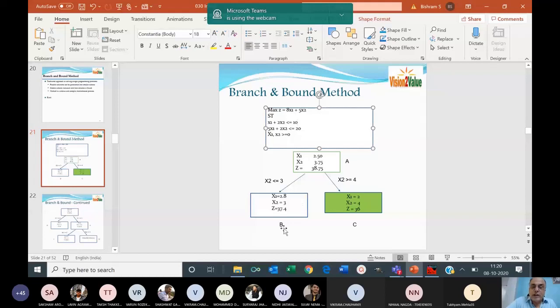Branches means we have two LP problems where the original problem is the same, plus another constraint, one here and one here. Both of them will be solved separately. So one problem we have, and we will write two constraints because 3.75 is there: x2 greater than or equal to 4 and x2 less than or equal to 3. Lower side less than or equal to, upper side greater than or equal to, because we are expanding out. Therefore, it is written that way. So you have a new LP problem where we add one more constraint, x2 greater than or equal to 4, and solve that problem.